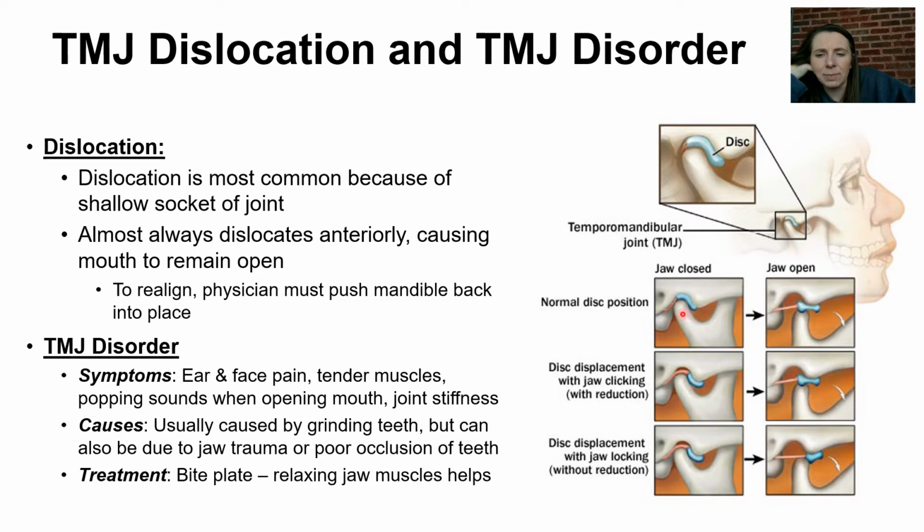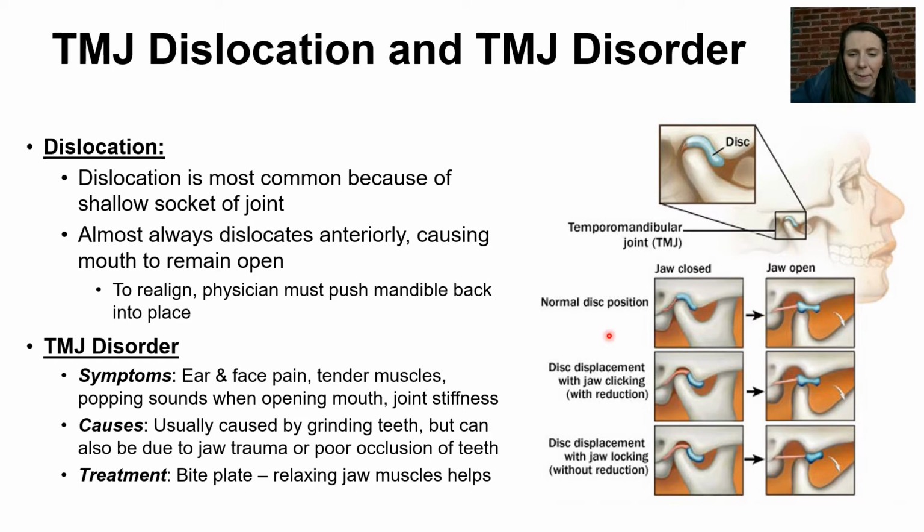So here's the normal disc position with the jaw being closed, and then the jaw is opened. So if the joint here is dislocated, then the mandible can actually move even more anteriorly, and then it gets stuck because you can see this notch, how it could potentially get stuck if it moves past that notch. And in order to realign a dislocated jaw, the physician actually has to physically push the mandible back into place,